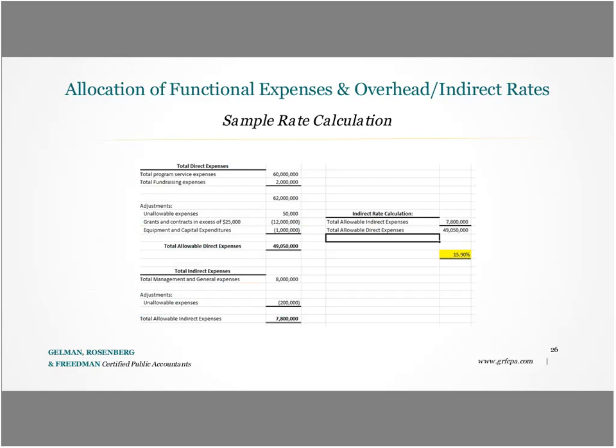And here we're looking at a sample rate calculation. The sample rate calculation starts with the direct cost base. The functional expense statement reports $60 million of program service costs, $2 million of fundraising. So that's our starting point, the $62 million. We need to start the preparation of the presentation of the indirect rate with our known numbers coming from our audited financial statements